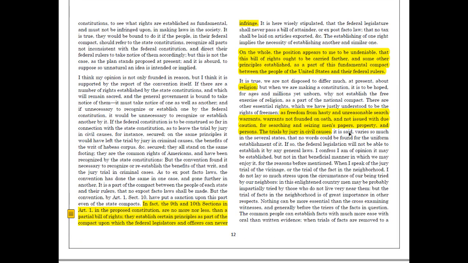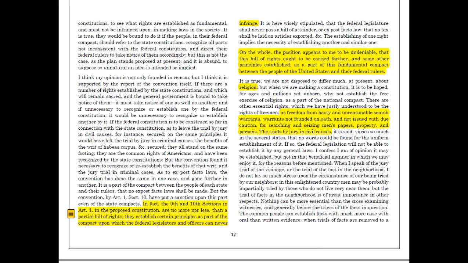On page 12, he is particularly concerned about the absence of a Bill of Rights. He notes at the bottom of the left-hand column of 12 that there is a kind of partial Bill of Rights in Article 1, Sections 9 and 10. If you recall, Article 1.9 is a set of prohibitions on Congress, things that Congress are not allowed to do, and Article 1.10 is a set of prohibitions against the states, a list of things that states are prohibited from